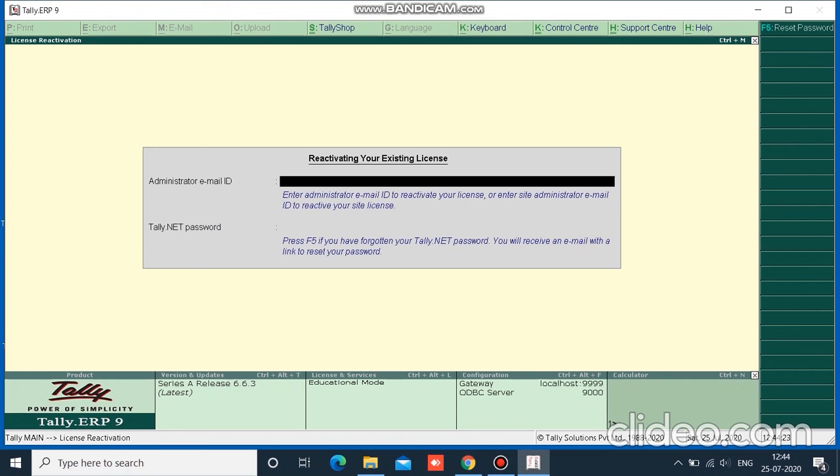In that email, there will be two things mentioned specifically: your unlock key and a Tally.net password. Your unlock key will be used for unlocking your license and helping you in activating your license. And second thing is the Tally.net password, which is basically used to reactivate or surrender your Tally licenses.